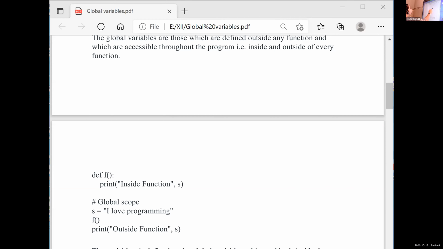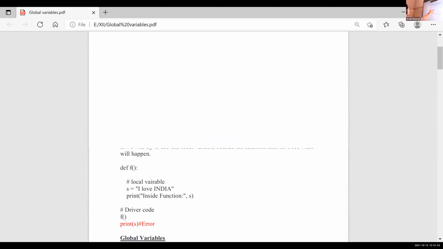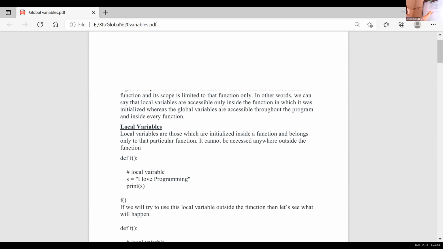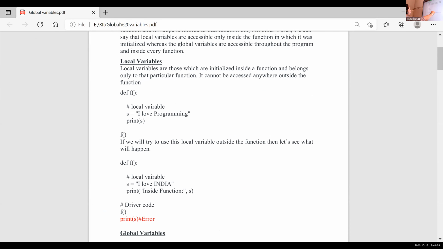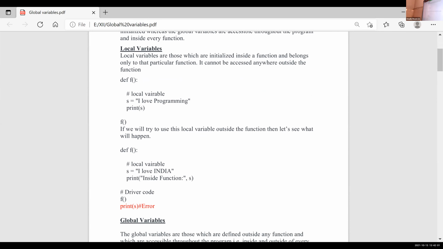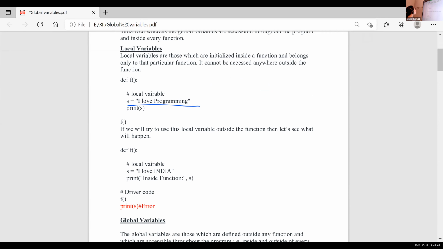So there are two types of variables, local variable and global variable. Here, this is the local variable: S is equal to I love programming. I am declaring this S inside this function definition, and I am using that S inside that function.